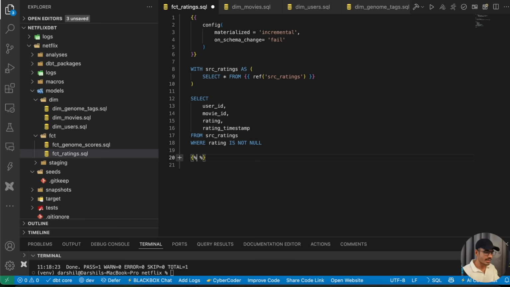So if is incremental, you have to write a function like this, and it's like the percentage and if. So this is the if statement. If this is incremental, then we are continuing with this logic, where this is this and rating timestamp is greater than select max rating timestamp from